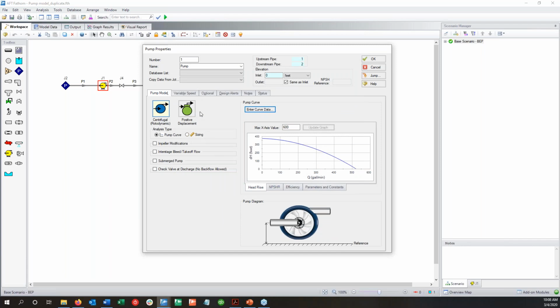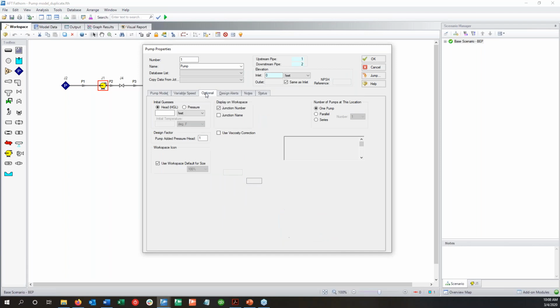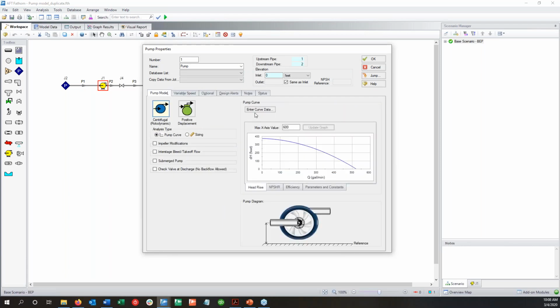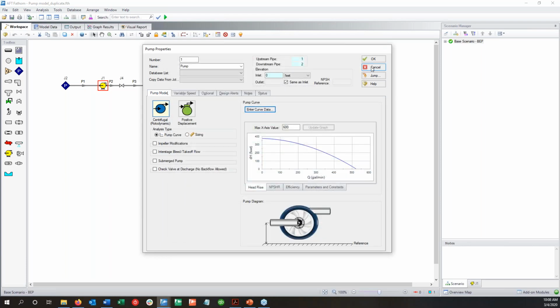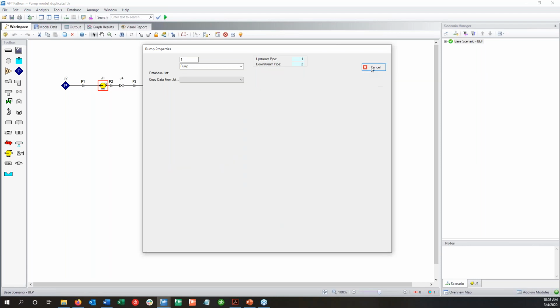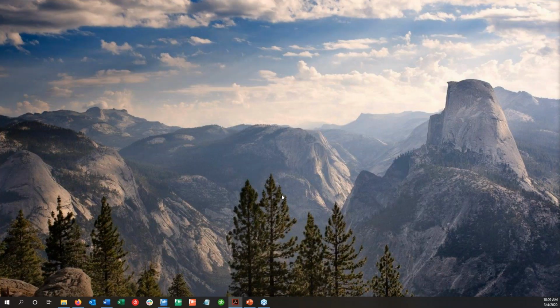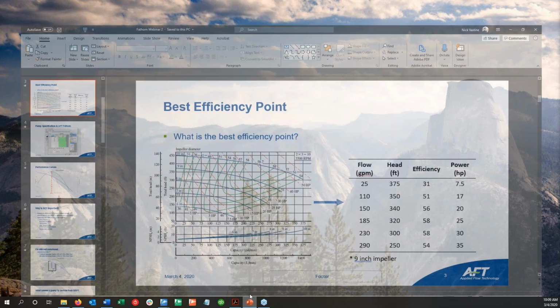Some other things that we can consider in the pump properties, and this will pertain more when we get into operating regions, is we can also specify those operating regions. And we'll get into that a little bit more when I start defining the preferred operating region and the allowable operating region. So if we go back to our presentation,